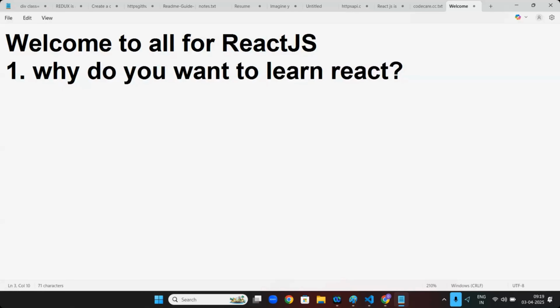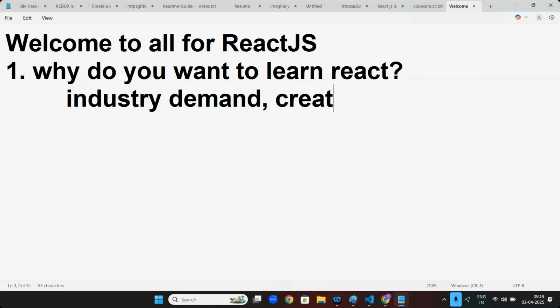So React is a front-end JavaScript library. I know that, and we will discuss that. Don't worry, I'm not asking the definition. Okay, let's go with one honest answer, which is industry demand, online. Someone is saying they want to create a better UI. Okay, not bad. Someone is going with single page applications. I'm not going technical. You guys are understanding something different.